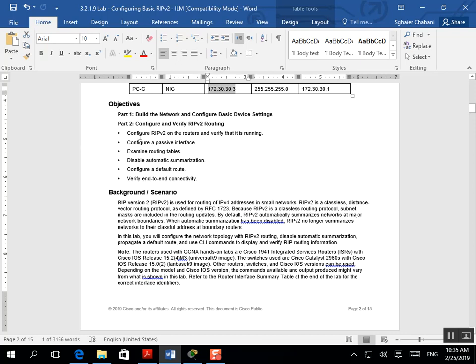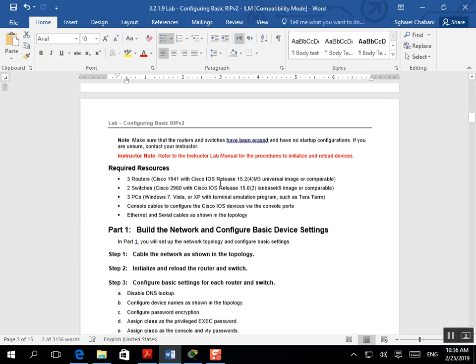The first part here: the objective is to configure RIP version 2 on each router, then configure the passive interface, examine the routing table, disable automatic summarization, and configure the default route. The first step is